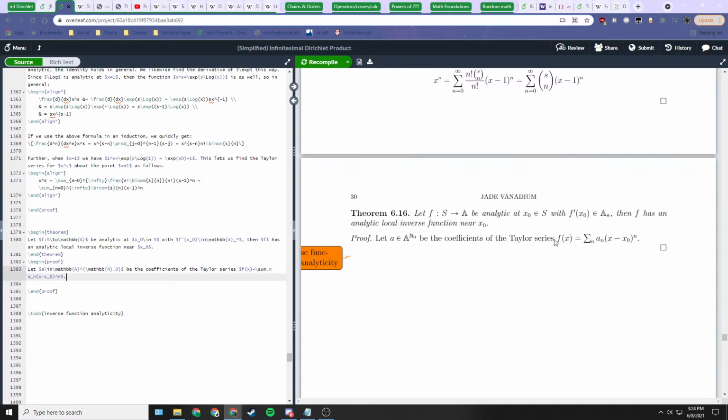So we want the a sub n to be the coefficients of the Taylor series for f,